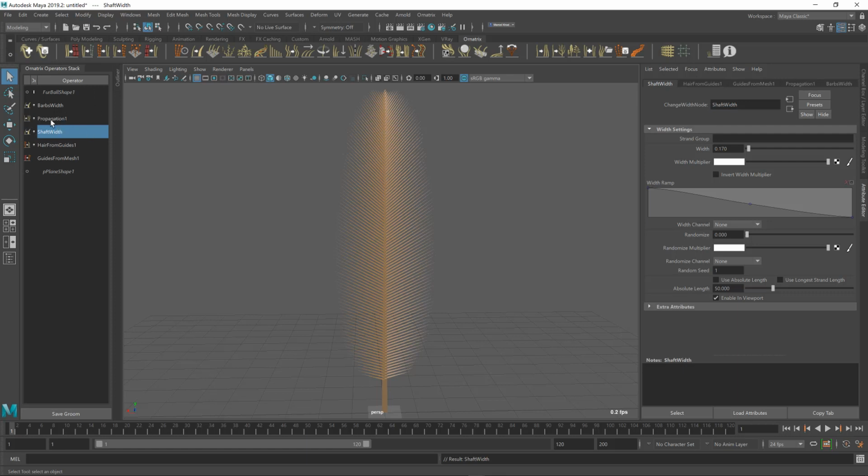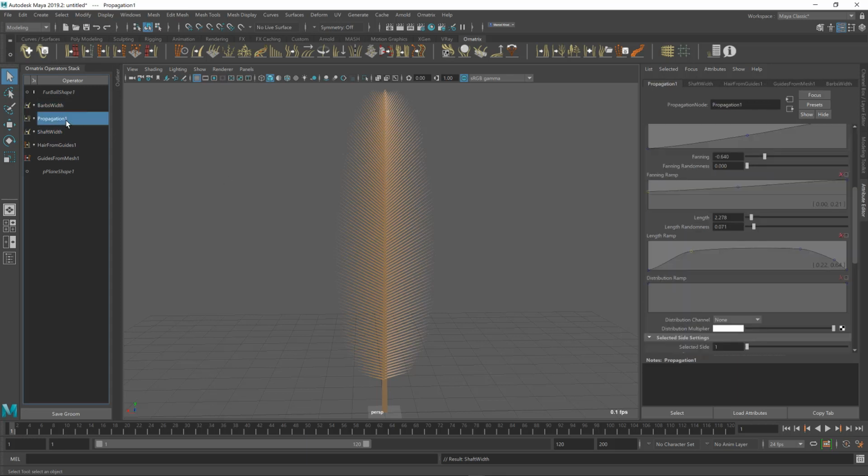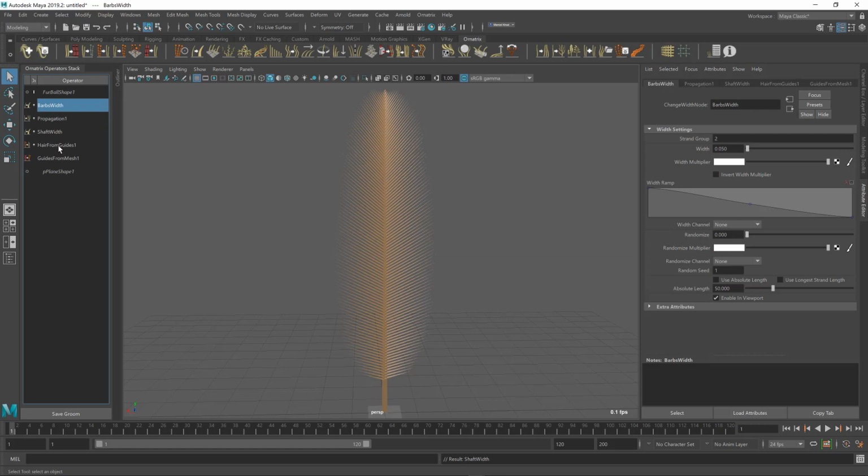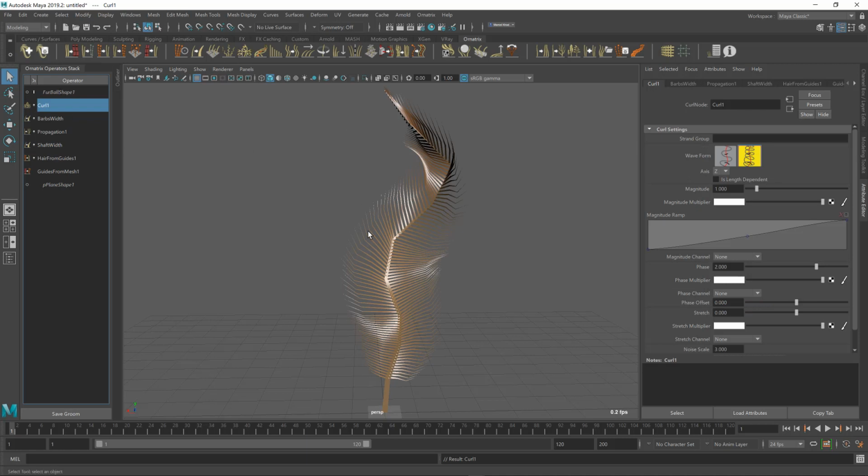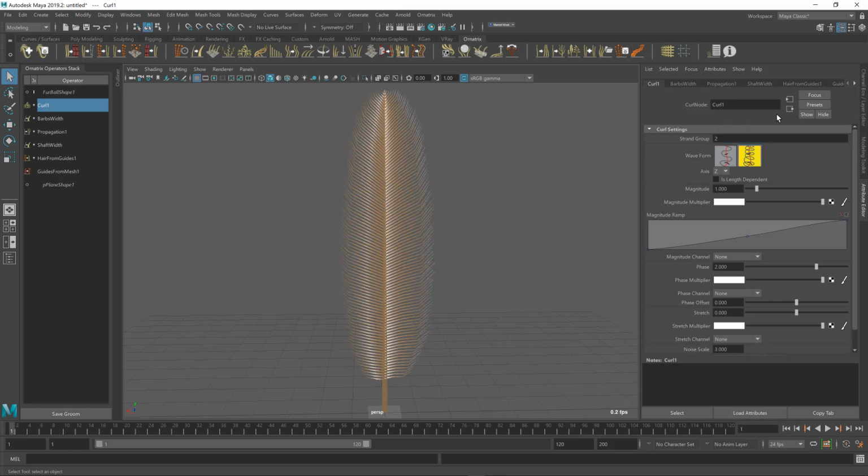This is good to have just in the future when we will be adjusting these values again. So you can quickly click and adjust the values that you need instead of having to mess around and guess which ones do what. So now we need to add the curling operator. And by default, it works both on the barbs and on the shaft of our feather. Again, we wanted to just affect the barbs. So we will switch the strand group on which this operator works to a value of 2, which is what we